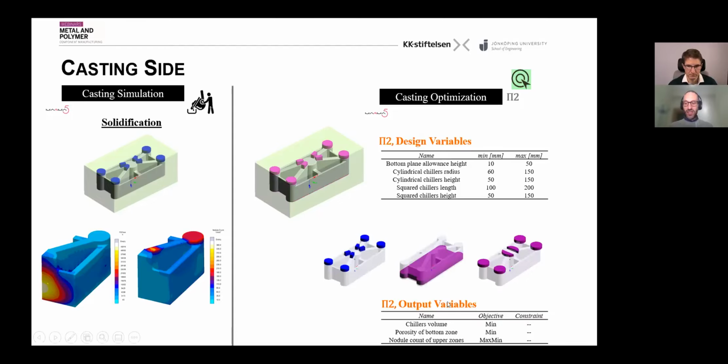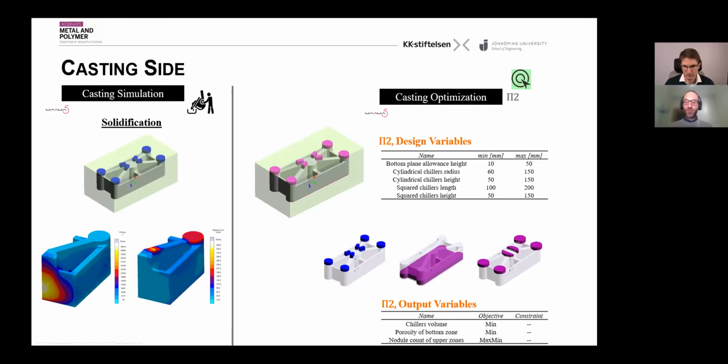And the output variables involved in the casting optimization are the chiller volumes, which we want to reduce to the minimum, and the porosities on the bottom area, which was the most critical area for porosities. You can see this purple here, and we want to minimize the porosities. And of course, we want to